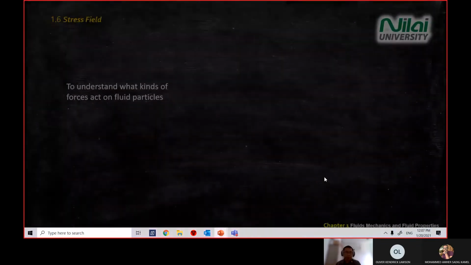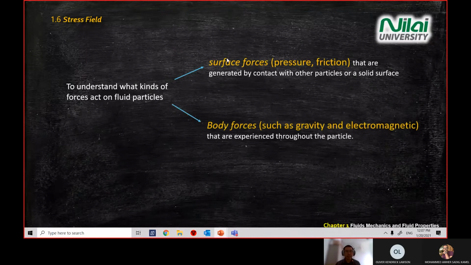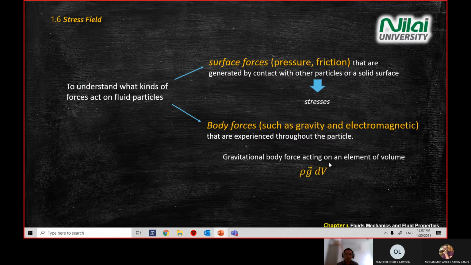Okay, right. Now, yesterday we talked about stress. We have two types of stress. One is surface force, and another one is body force. Before we know about stress, because stress comes from force, we have two types of force acting on fluid, surface force and body force. Surface force gives you stress, body force gives you a gravitational effect, which is